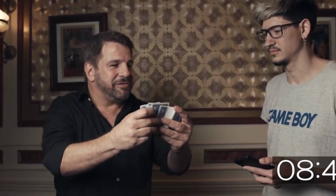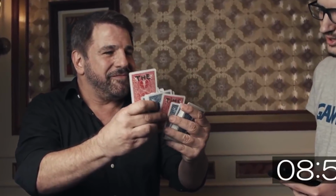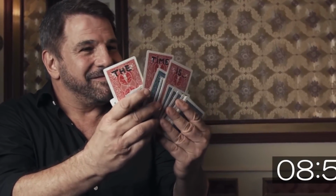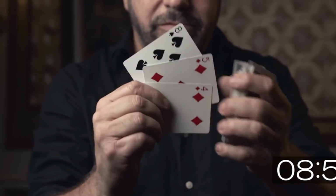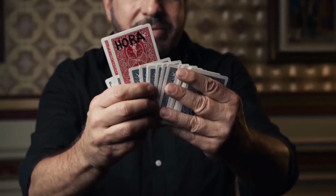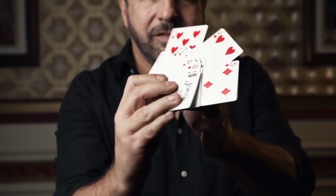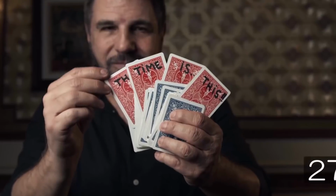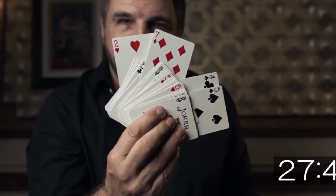And at some point, they say stop. And when they say stop, you ask them to read the timer and you show that the 4 cards that you've got in the deck predict the time that they were going to stop in the show, which is a really nice way of doing it on stage. On stage or in parlour, that's a really nice way of doing it. If you're doing it walk around, the way I did it is probably the way to go, which is just having somebody name a time of the day. And that works really well. Now, you can do it into the spectator's hands. So when you show the 4 red...